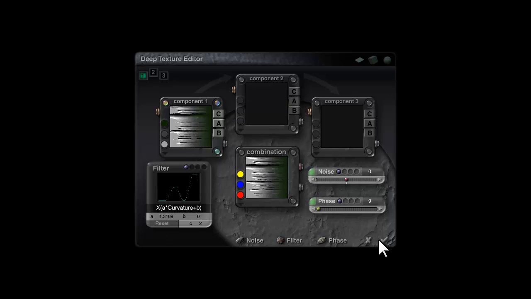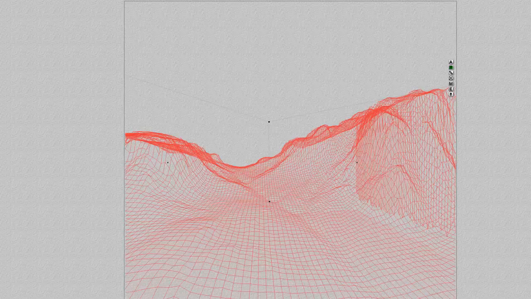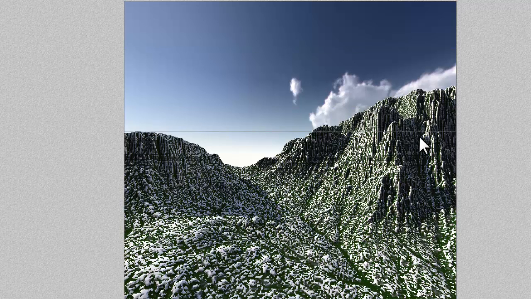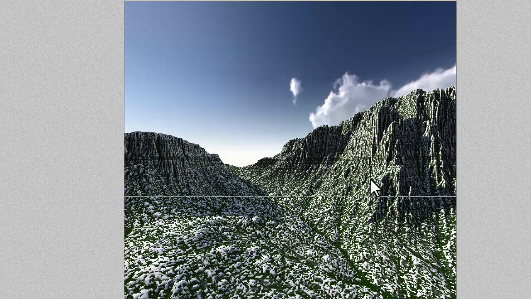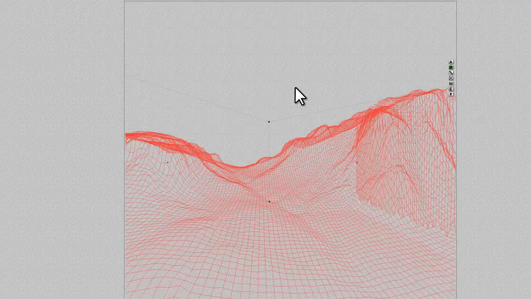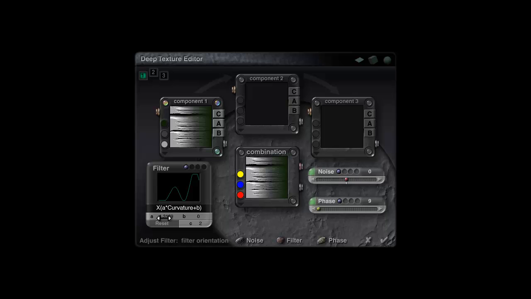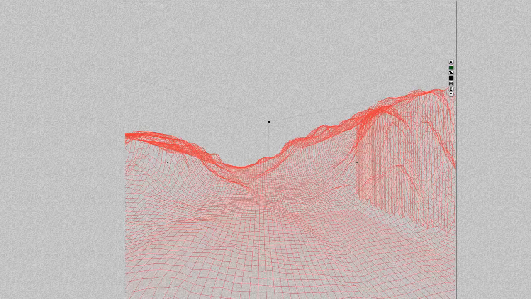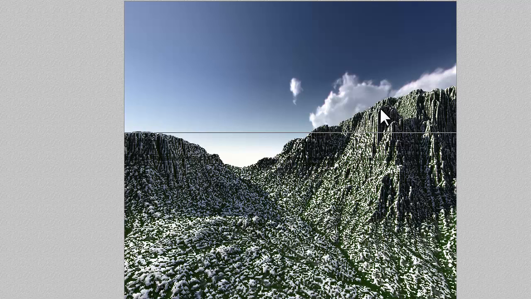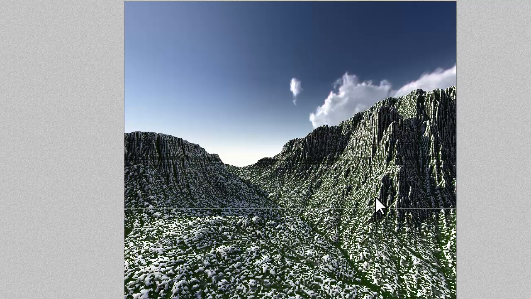There. So hopefully that will emphasize the cragginess of the surface, and we can see some of these little horizontal bands just to break it up a bit. I probably overemphasized a bit there, but that's okay. We can move the filter around. So if I reset this and then just lift that a little bit, there we go. So what I wanted to do was just emphasize the rock poking out, but it's all very